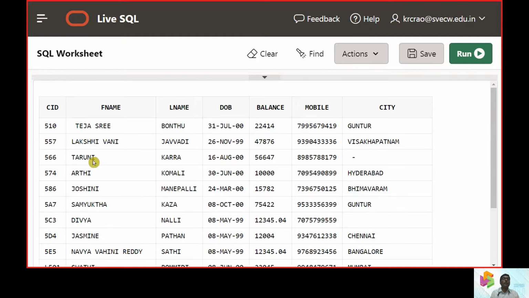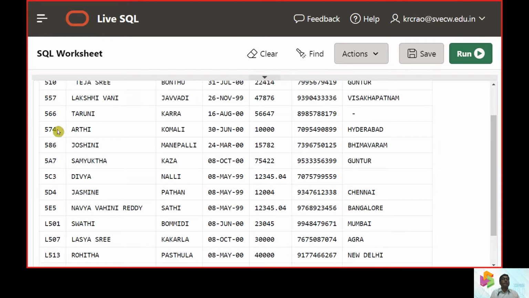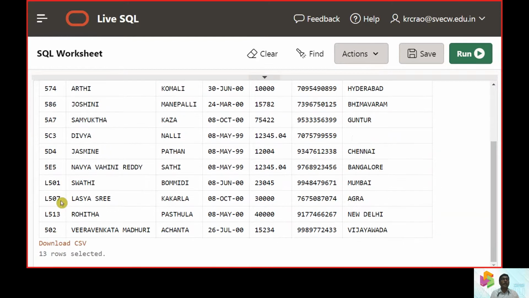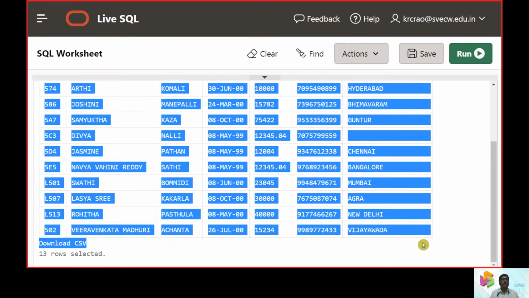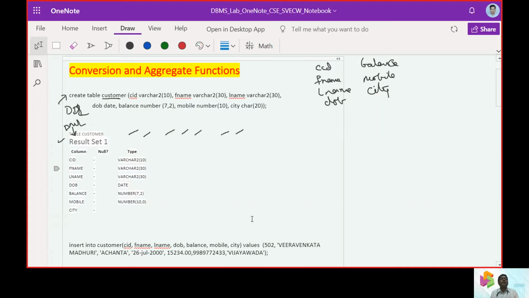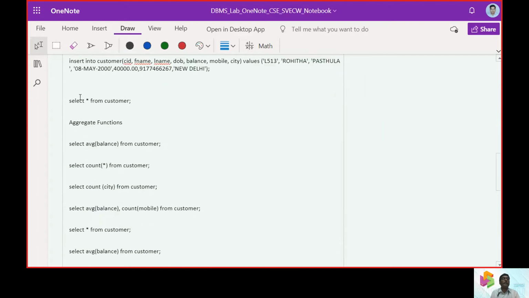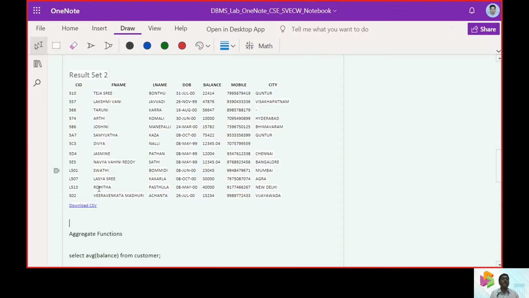So now you can see there are 13 rows which are inserted with customer IDs 510, 57, 66, 74, 86, A4, C3, D4, E5, L1, L7, L13, and 502. In this way, we get some customers. So we will take this into the working area, and thereby we can put this at this point. Okay, so this is what we are expecting, and that is done.